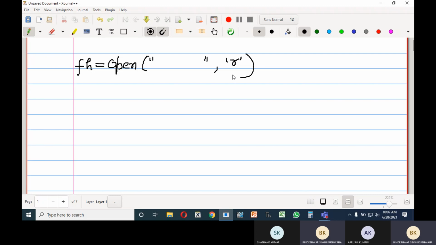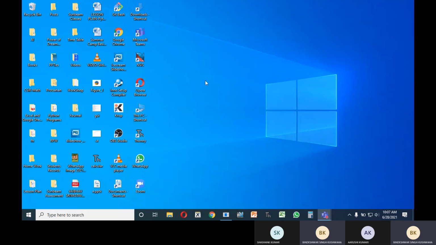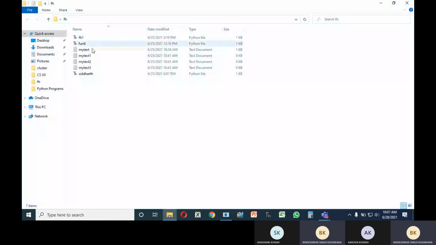This one was in our last class. So here, file name, as I said, one should make a folder. For example, I have made this one folder, in which our programs reside.